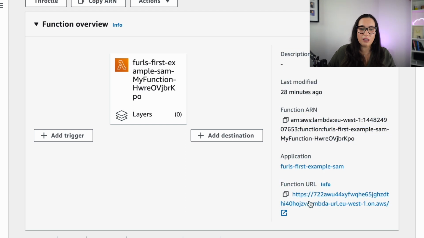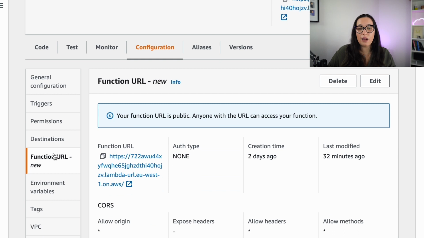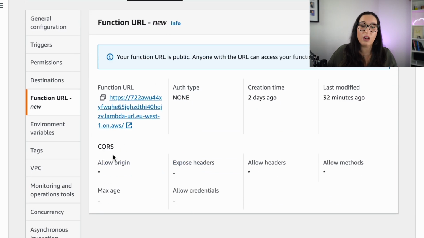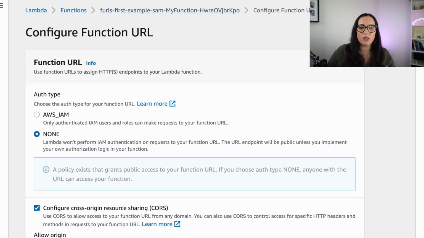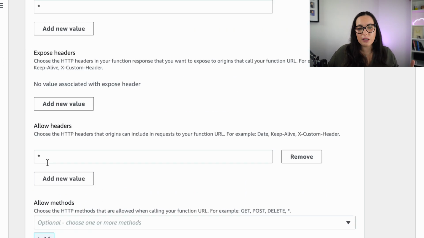execute wherever you want. And there we can go to the configuration, and we can see the function URL and all the configuration for the authentication and for the CORS. If we press edit, we can change it. This is infrastructure as code. I don't recommend you change it from here because then it makes a mess,